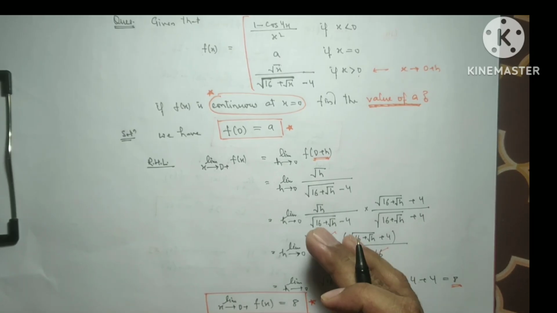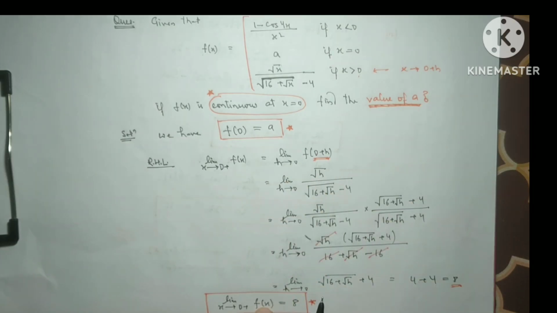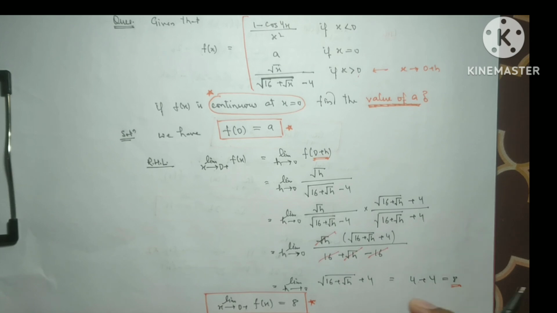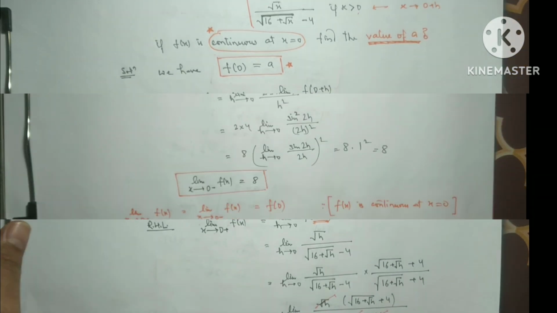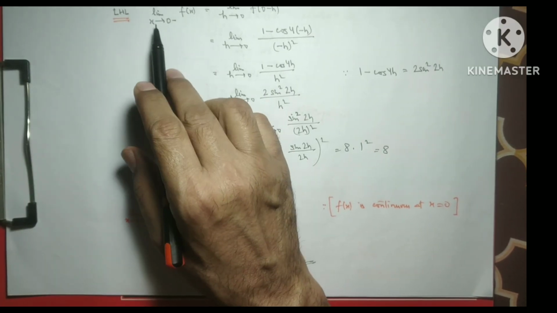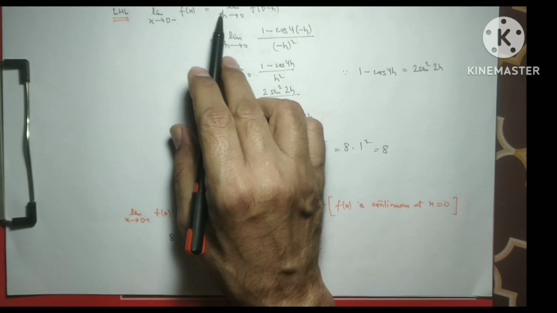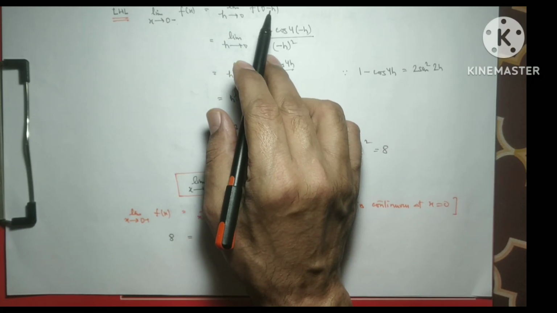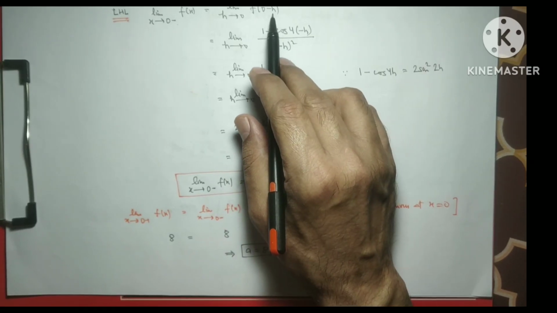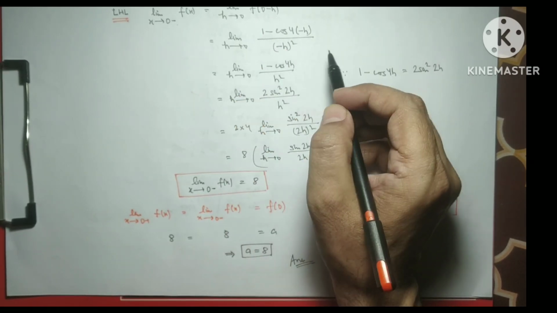Now we will collect the left hand limit. Right now we have the value at the point and the right hand limit. This equals a and this equals 8. Now we go for the left hand limit. So the left hand limit of this function, we will use limit x tends to 0 minus f(x), which equals limit with 0 minus h, it means minus h only. We put x as minus h in the expression where x is less than 0.